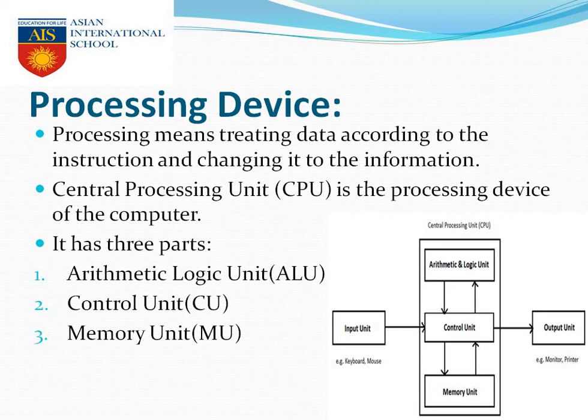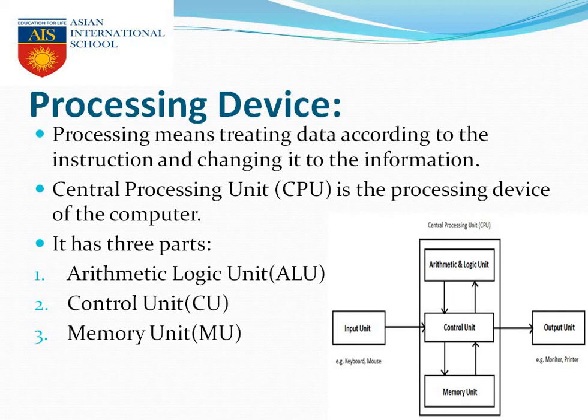Next we come to the control unit. It controls all the functions of a computer. It checks the result given by ALU. It also checks what you want to do and when you want to do it. Whenever ALU has produced a result, your machine's control unit will check the result, and it will also check what information you want, when you need the information, and what instruction you have given. All the communication, all the information is stored in your control unit. Your control unit also takes care of all the hardware and software devices.